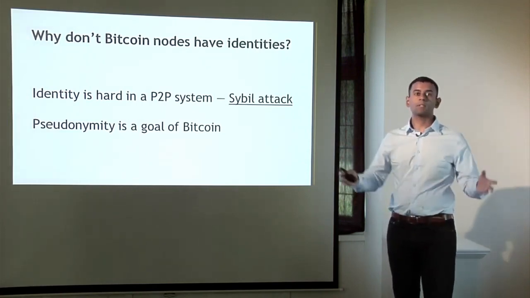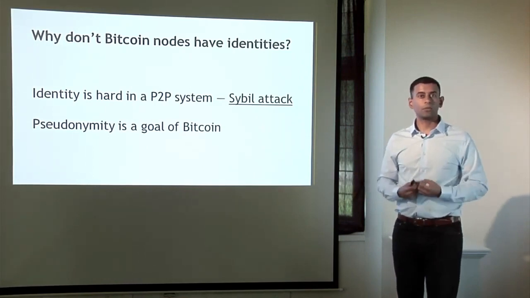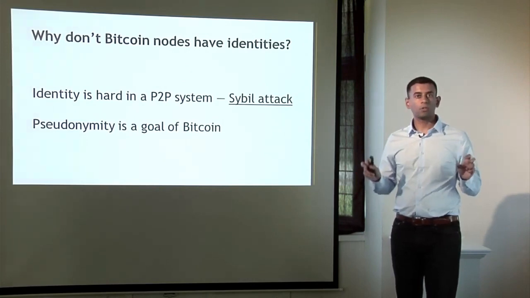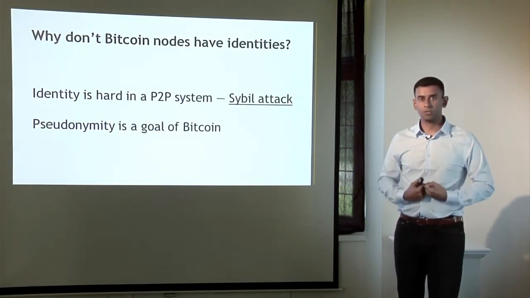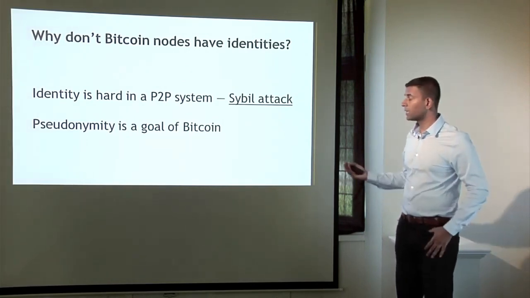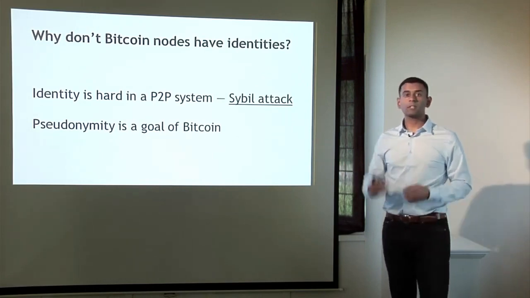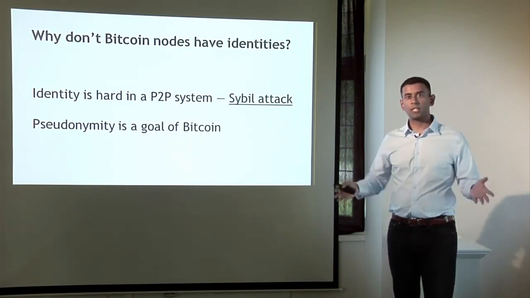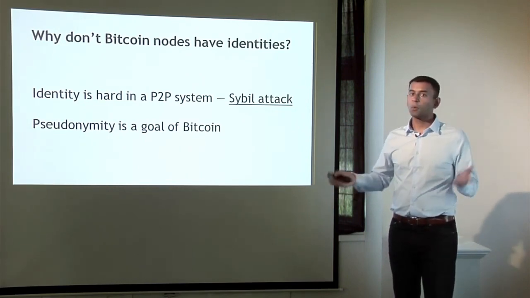Sybils are just copies of nodes that a malicious adversary can create to look like there are a lot of different participants, when in fact all those pseudo-participants are really controlled by the same adversary. The other reason is that pseudonymity is inherently a goal of Bitcoin. Even if it were possible or easy to establish identities for all nodes or all participants, we wouldn't necessarily want